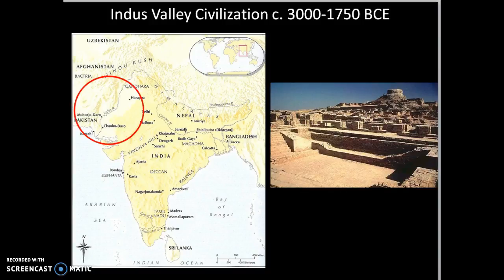Along with Egypt and Mesopotamia, the Indus Valley Civilization is considered to be one of the world's earliest urban river valley civilizations. Now, we don't really know a lot about the Indus Valley Civilization. We do know that they had cities. They had Mohenjo-Daro, which was built sometime between 2500 and 2000 BCE, and it held between 20,000 and 50,000 people, which is a lot for that time. We also know that there was some sort of relationship or cultural continuity between these early Indus Valley civilizations and later cultures.